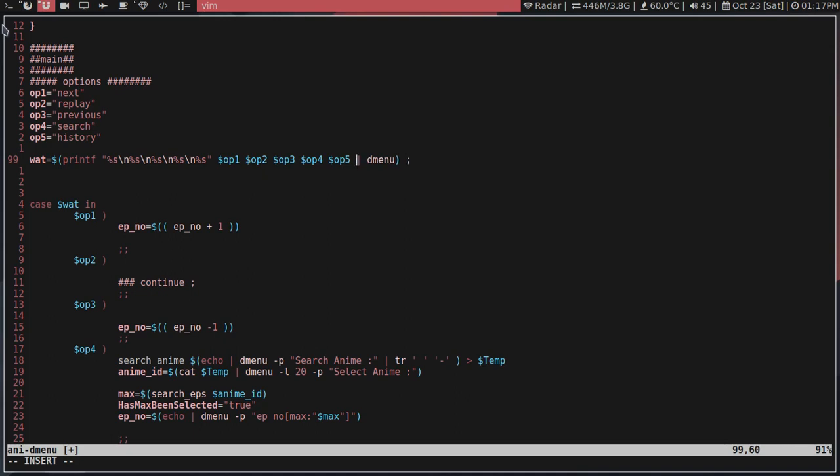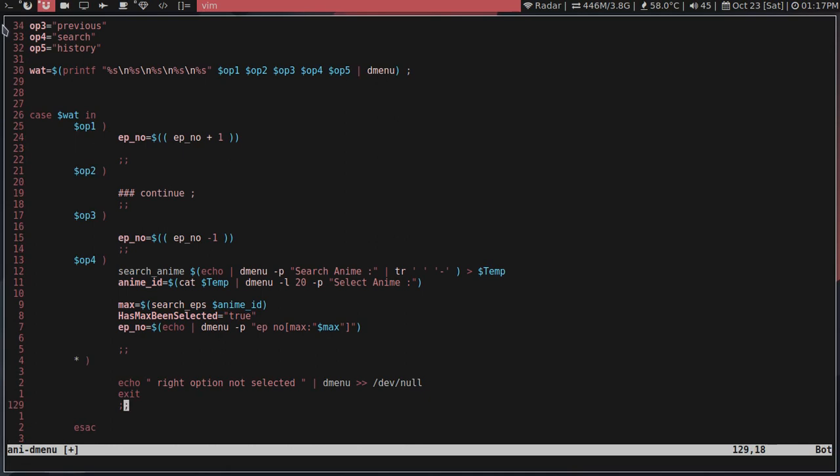And now we have option 5. Let's just add some case statement. So in the case statement, let's just say history is going to be dollar sign op5. So if we get that, what we're going to do is